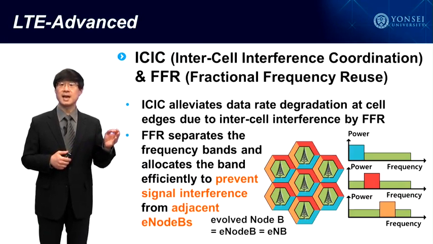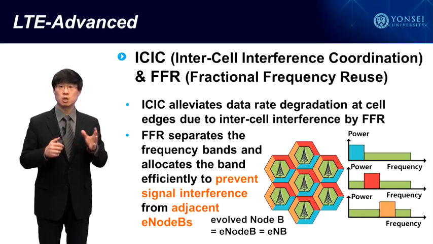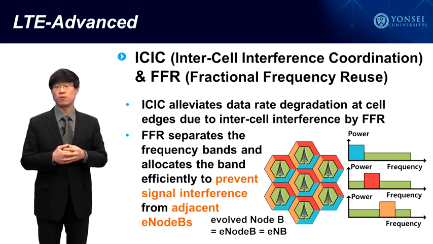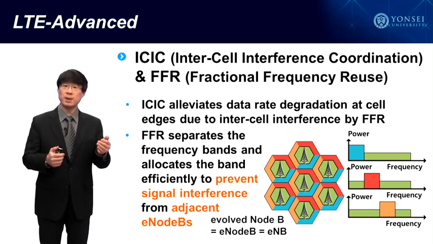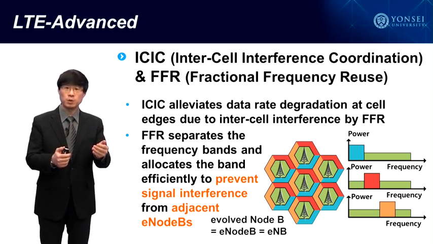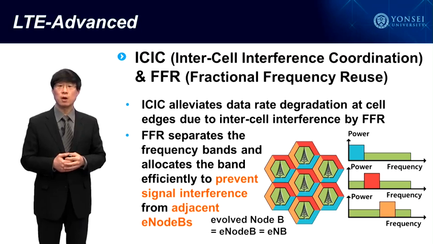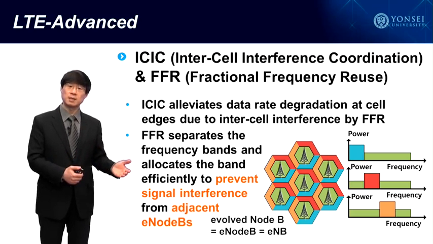First, ICIC, intercell interference coordination, and FFR, fractional frequency reuse. ICIC alleviates data rate degradation at cell edges due to intercell interference using FFR technology, fractional frequency reuse. Now, FFR separates the frequency bands and allocates the bands efficiently to prevent signal interference from adjacent E-node Bs, adjacent